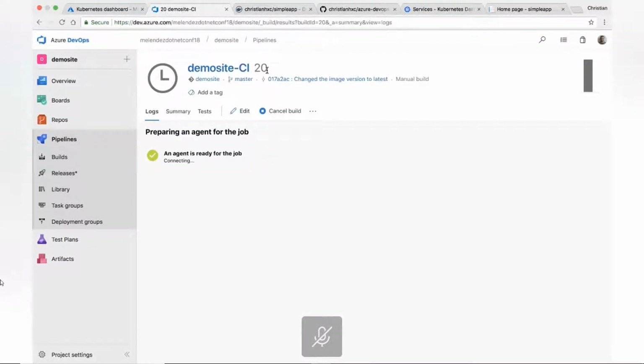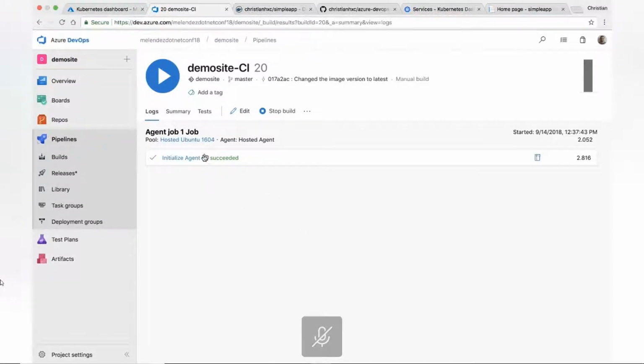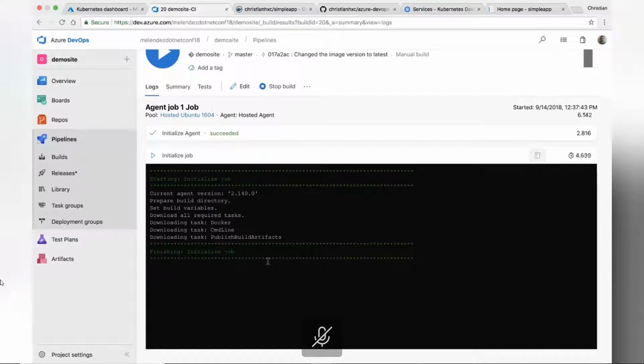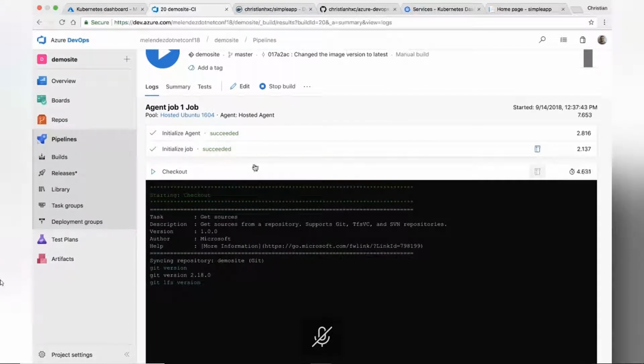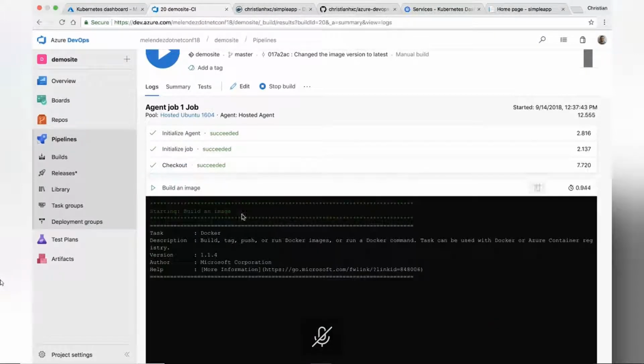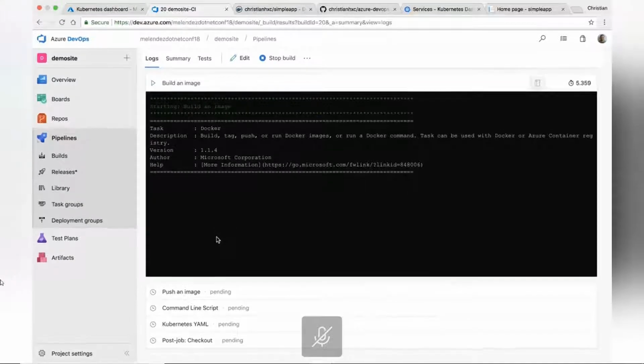As you can see, it says version 20, but that's because I already have other pipelines created here in the project. And the cool thing here is that you will be able to see the logs live, and you can see every phase what it is doing, and you can see this later also. It will initialize the agent, it will initialize the job, it will check out the code, it will start building the image, but